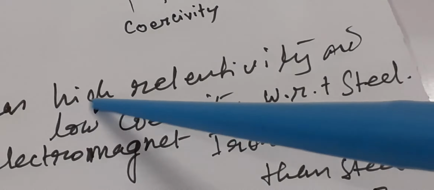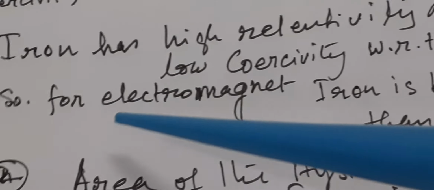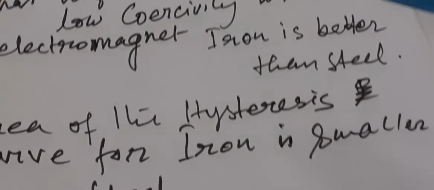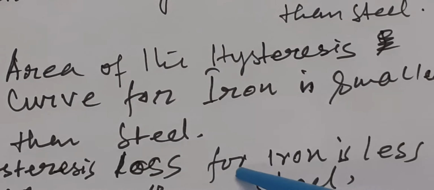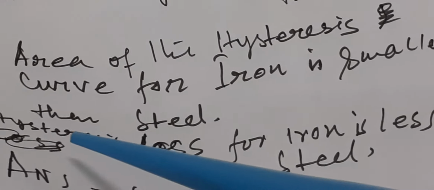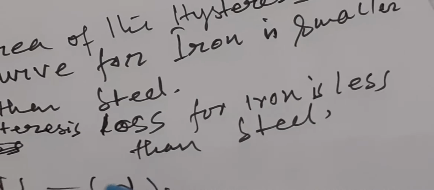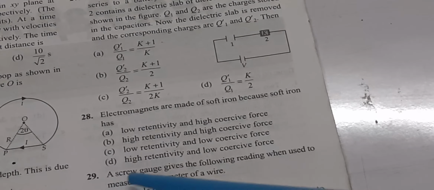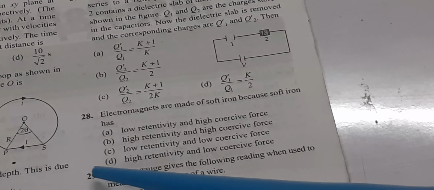Iron has high retentivity and low coercivity with respect to steel, and so for an electromagnet iron is better than steel. Now more points: the area of the hysteresis curve for iron is smaller than steel. That means hysteresis loss for iron is less than steel. Now this property is clearly specified in option D, high retentivity and low coercive force, and this should be